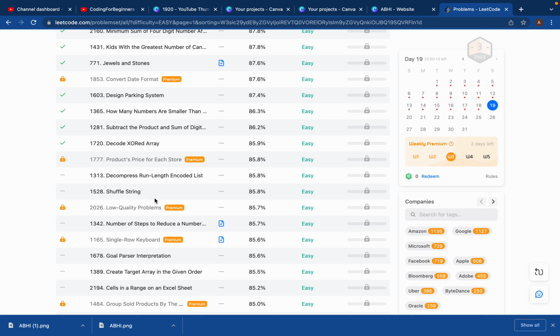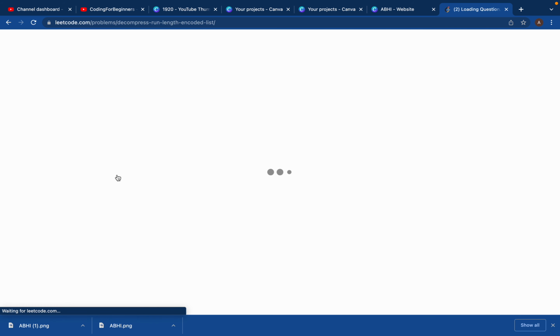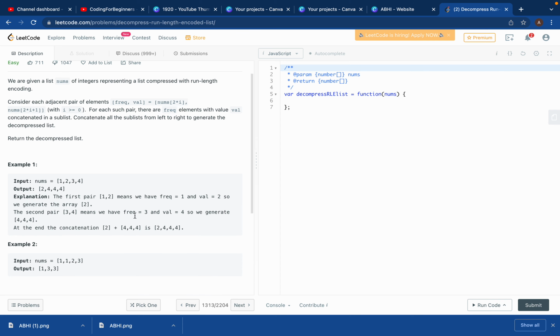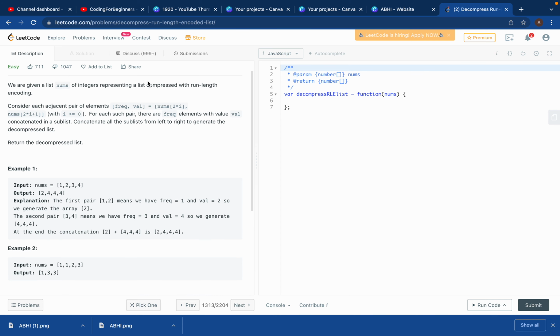So today we'll try to solve Leetcode problem 1313. In this problem, what we have to do is decompress a run length encoded list. We are given a list nums of integers representing a list compressed with run length encoding. So basically they've given us the thing here. You have given an input nums, which is a 1 2 3 4 array of integers, and the output